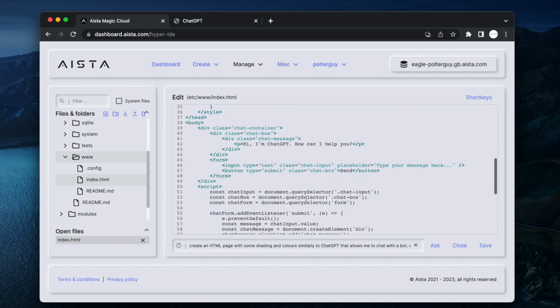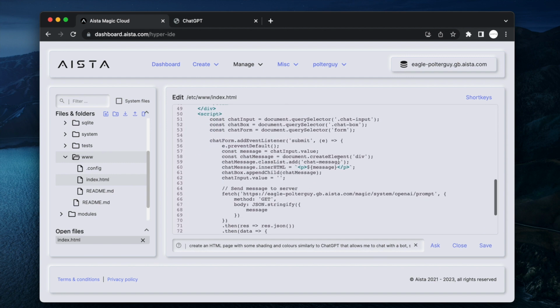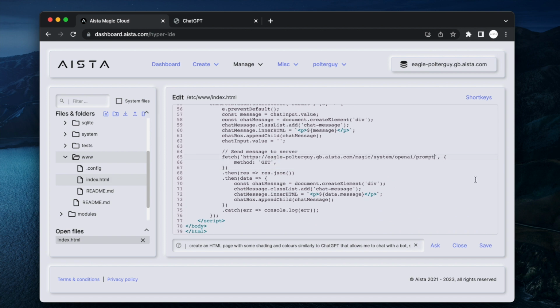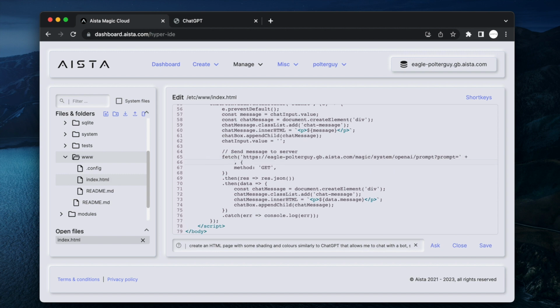Now let's see the code it produced and let's see what it did. Okay, fetch HTTPS eagle-polterguide.gb.aista.com/magic/system/openai, method get, and then it's passing in a body. Seriously? You kidding me? Okay, this is weird. But let's change it to question mark prompt equal plus encodeURIComponent